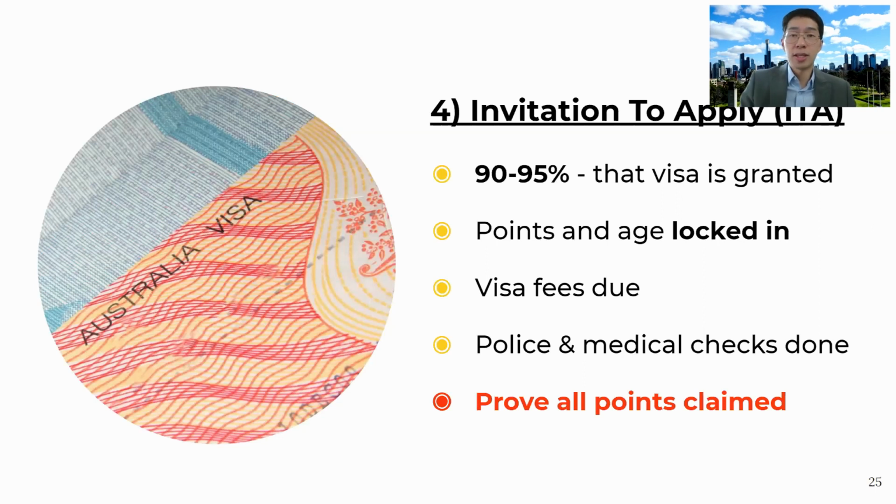Now, once you've gotten through those first 3 stages, you receive an invitation to apply. The invitation to apply happens regardless of which country. It's called invitation to apply. At this point, I'd say 90% is too low. It's probably like 95 to 99% certain your visa is granted. Nothing is ever guaranteed, but the reason I say it's like 95 to 99% is because at this stage, one thing